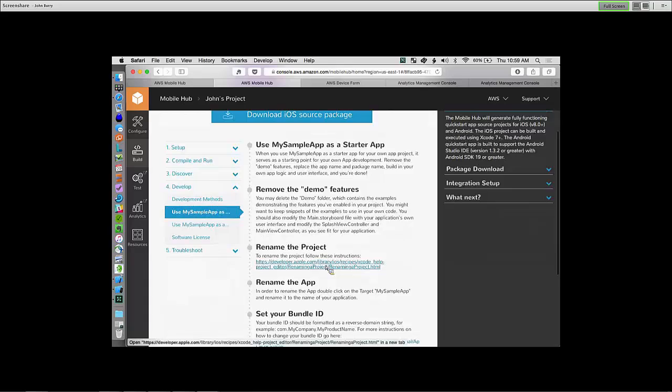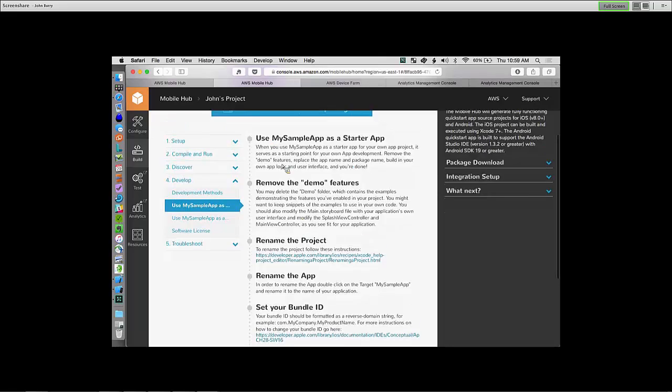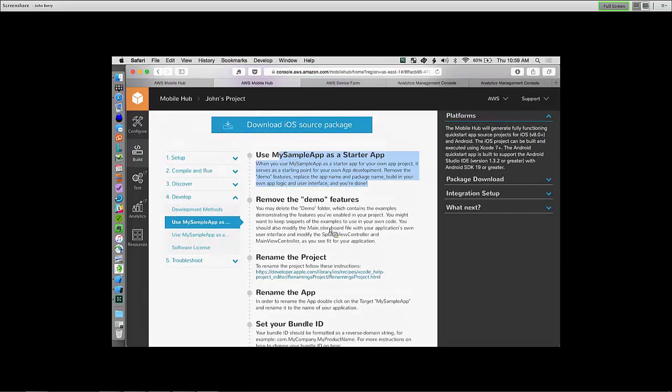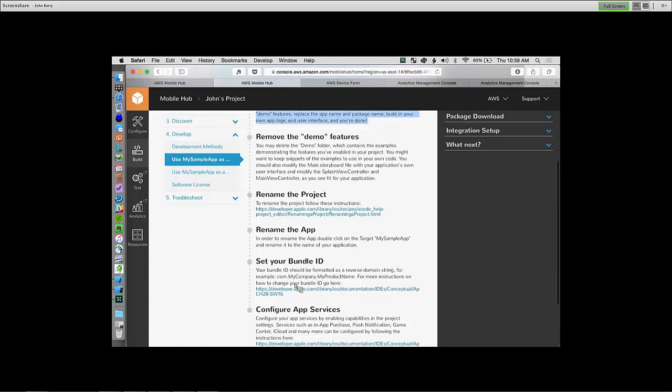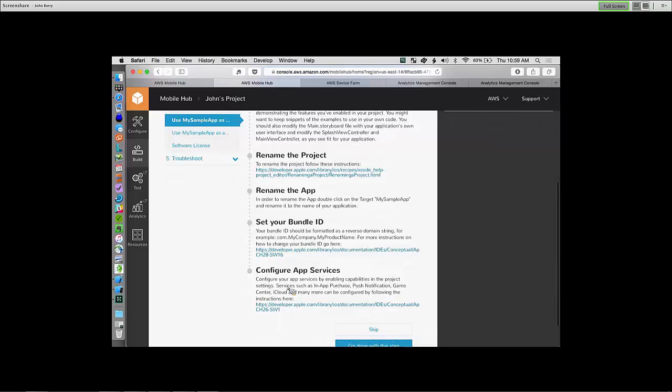So the key point here is that, again, the Mobile Hub is not enforcing anything, it's just helping you understand. So this takes you through step by step what the sample application, if you want to use it as a real app, what you should be doing. Renaming the app, of course, setting the bundle ID, and configuring the app services for in-app purchase, push notification, and so forth, and links to the detail on that.